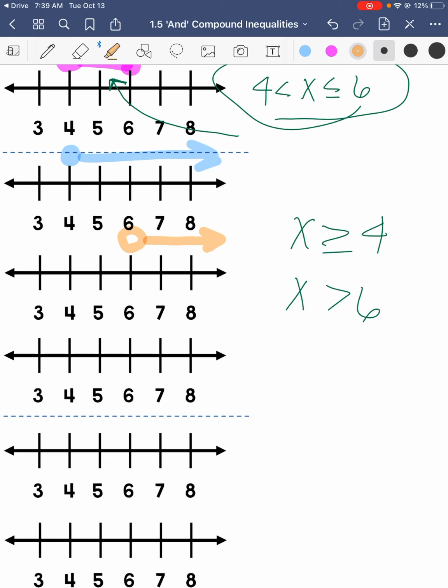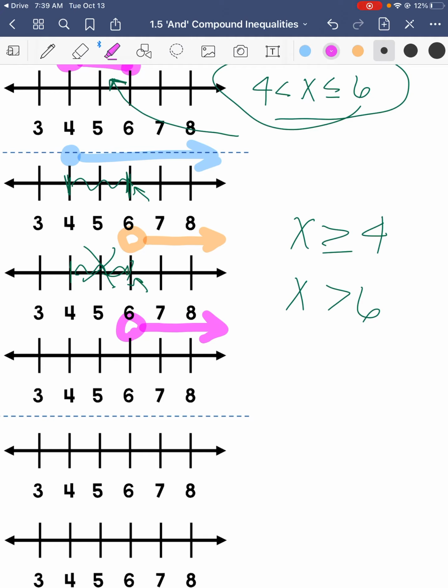Okay, so these are going in the same direction, but you can see here that anything between 4 and 6, it's included in the first one, but it's not included in the second one. So we can't include anything that's less than 6. Okay, and we also cannot include 6 because it is included in the first one, but it's not included in the second one. So the way we represent that is an open circle over 6 and then going to the